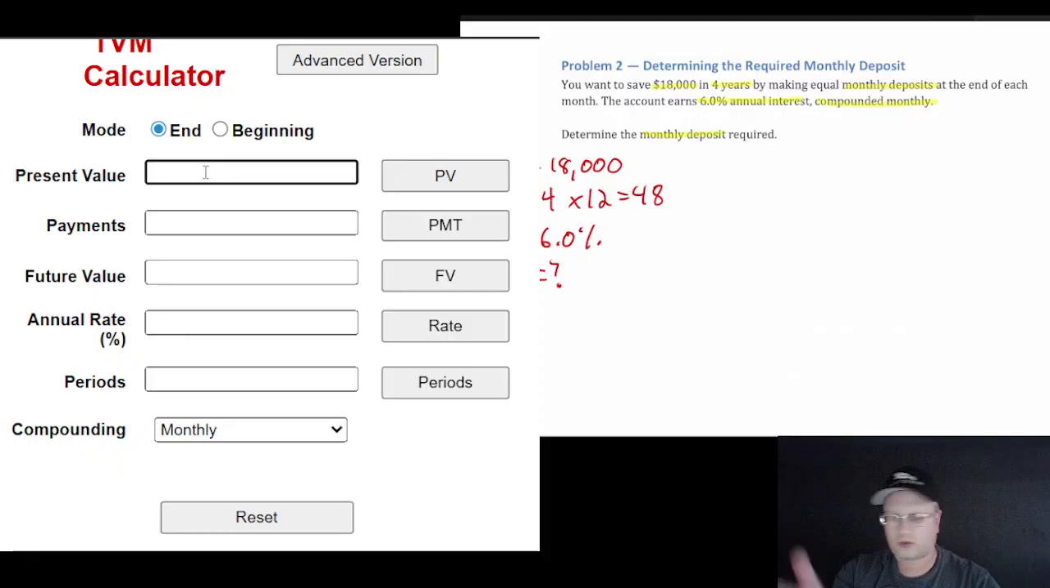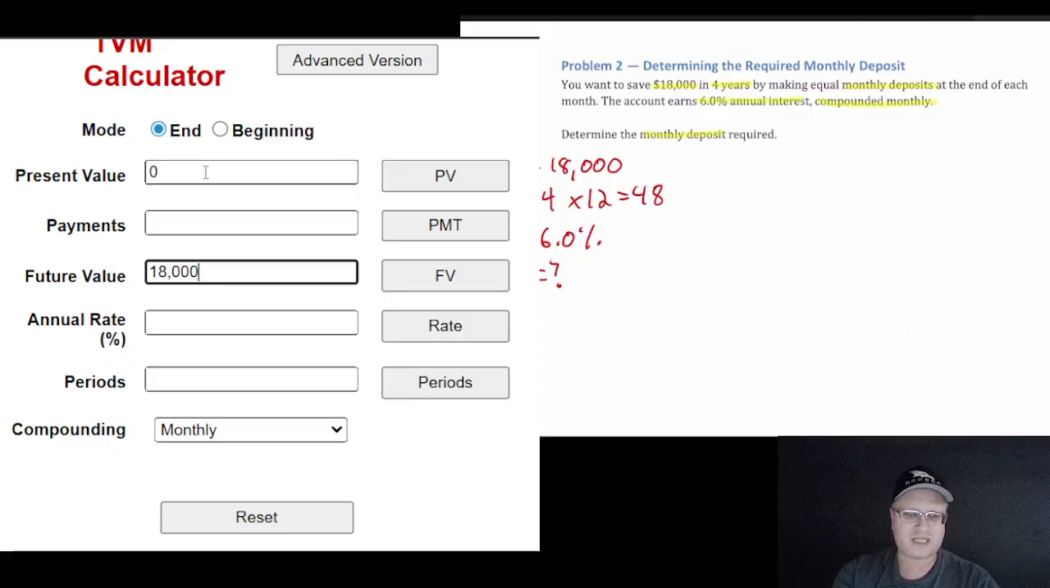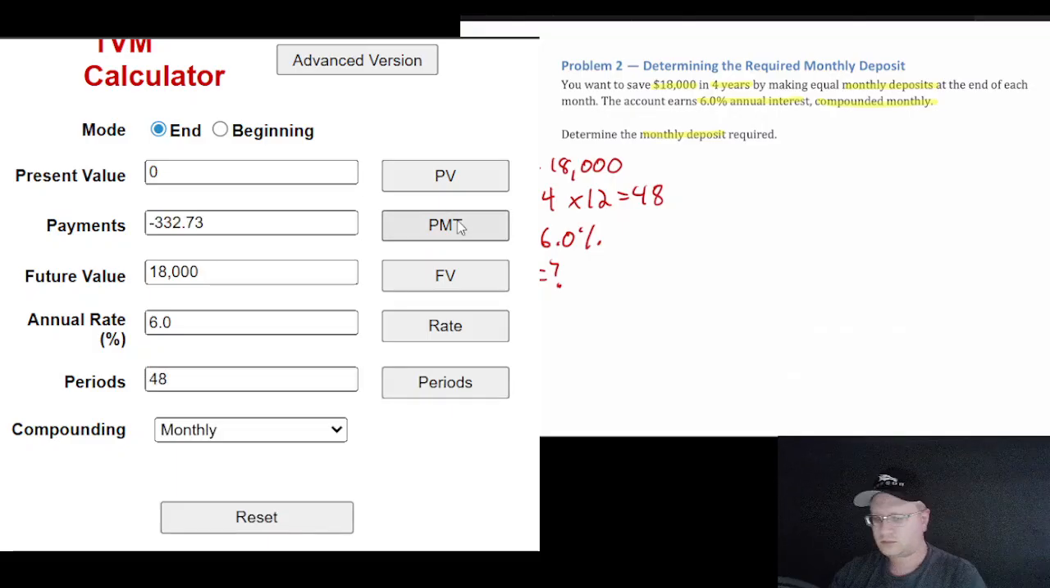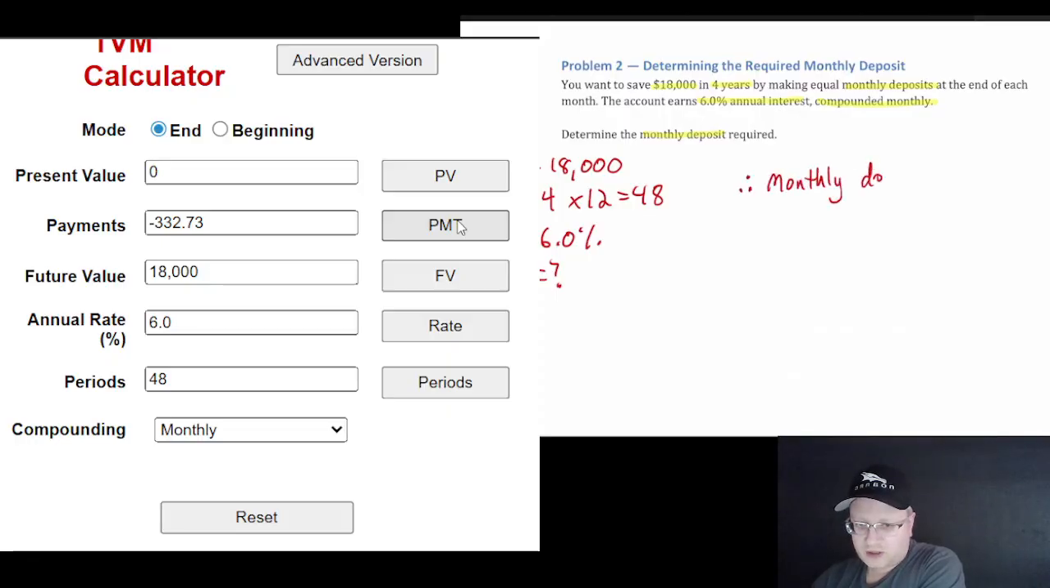Present value, there's no money in the account yet, so 0. Payments, we don't know, we're going to find that out. Future value, 18,000. Annual rate, 6.0. Periods, 48. Let's click our payments button. There we go. So therefore, monthly deposit